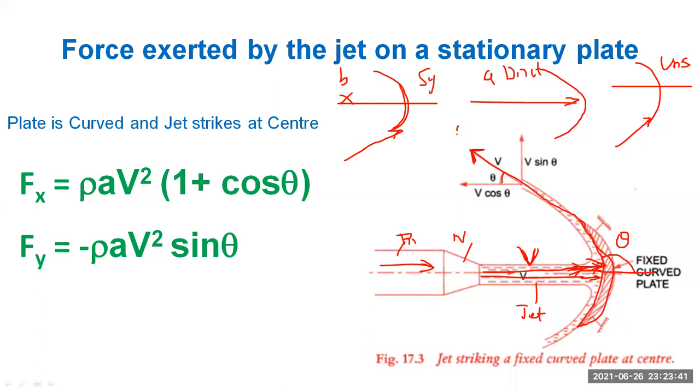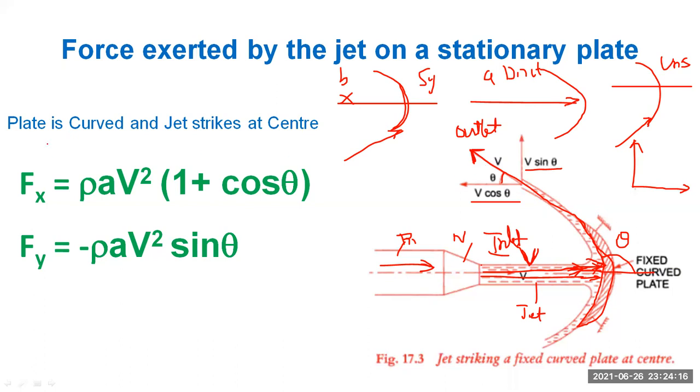As you see here, this is the outlet and this is the inlet. At the inlet the velocity is v, and at the outlet the velocity acts at an angle theta. As you have studied in the elements of civil engineering, whenever an inclined force is there, you can resolve that force. So you can resolve the velocity at the outlet as v cos theta and v sin theta. Now let us apply the impulse momentum equation.